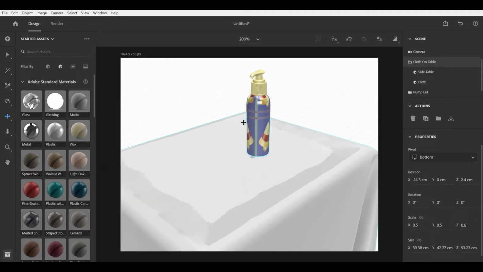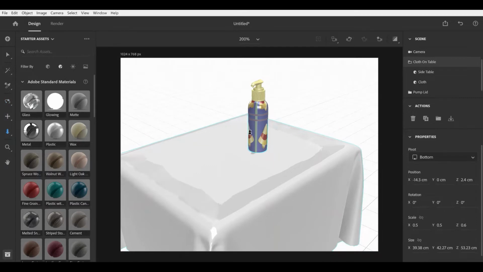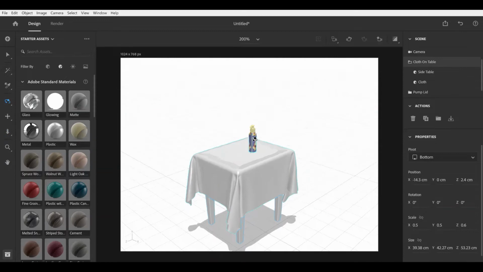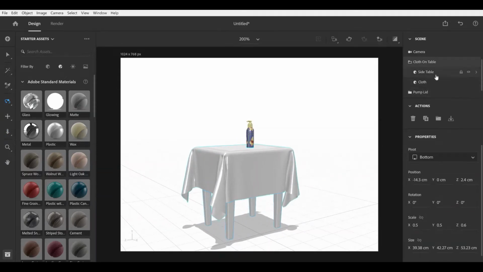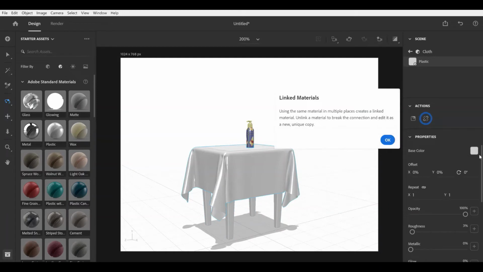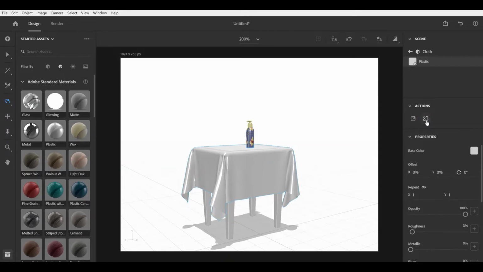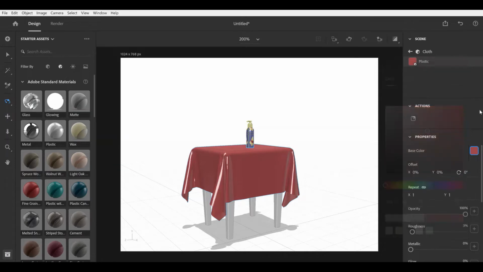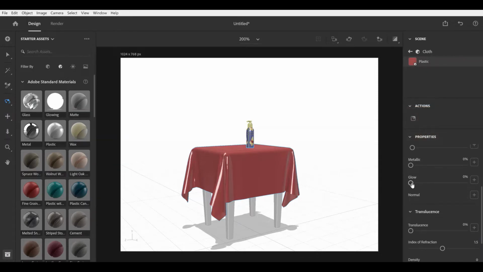tablecloth. And once you click on it, it's gray, so you can't really see the shininess, but you can see it on the folds on the side. So when you click on the cloth on the table, you're able to change the color again and all of the properties that we talked about before. So I stuck with red. Put the glow up a little bit to see it, made it a little shinier, and I did a